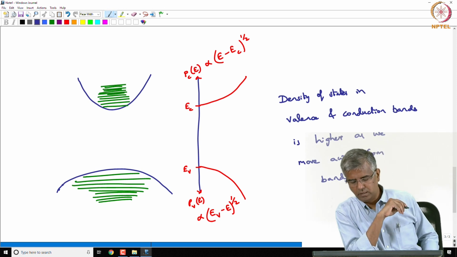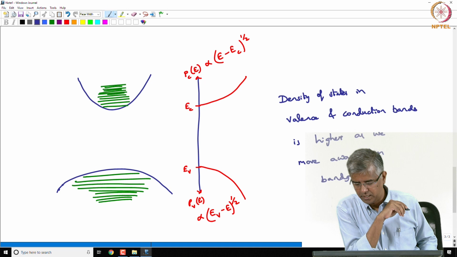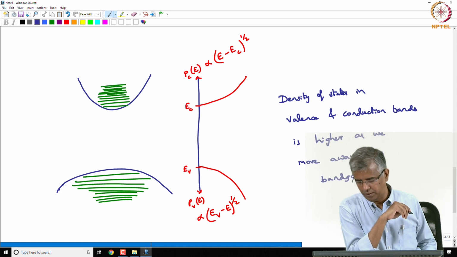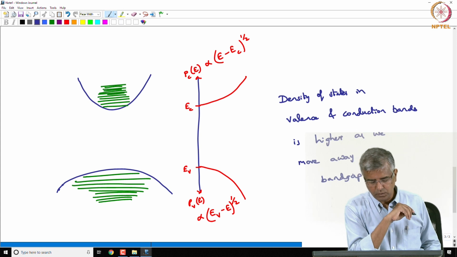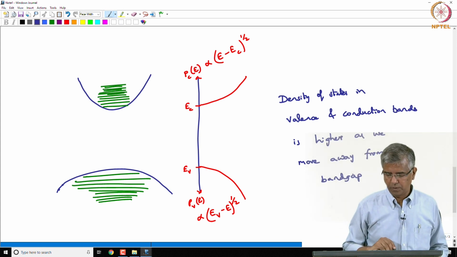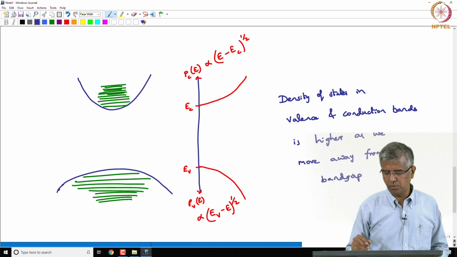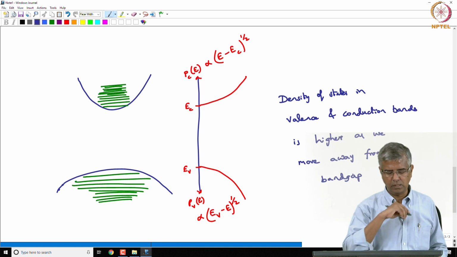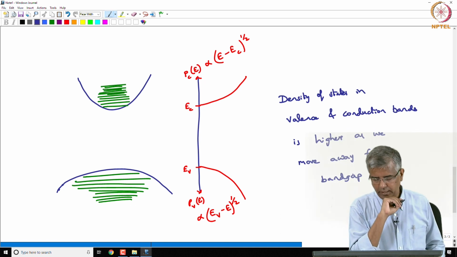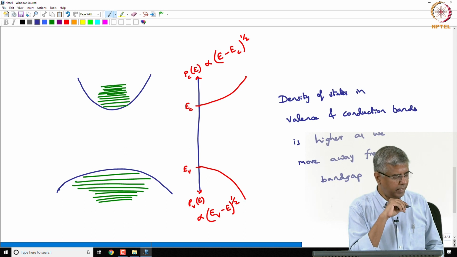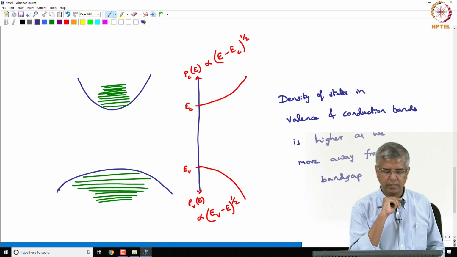So, density of states in valence and conduction band is higher as we move away from the band gap energy. Okay. So, that is with the density of states, but there is another important aspect that needs to be